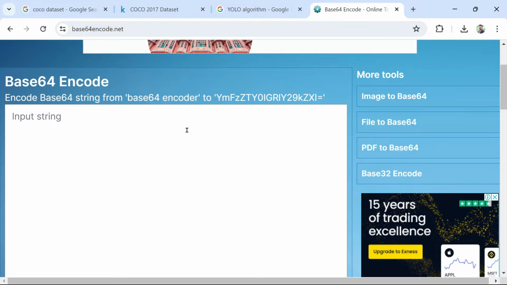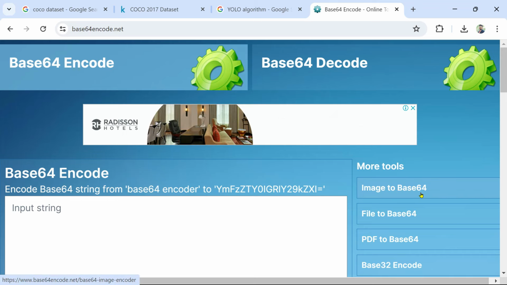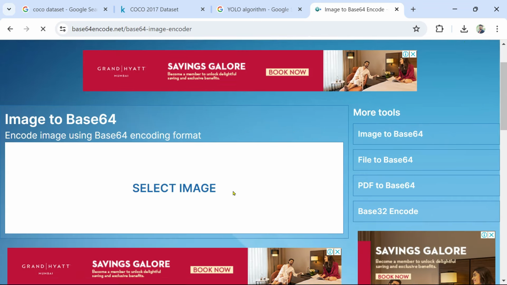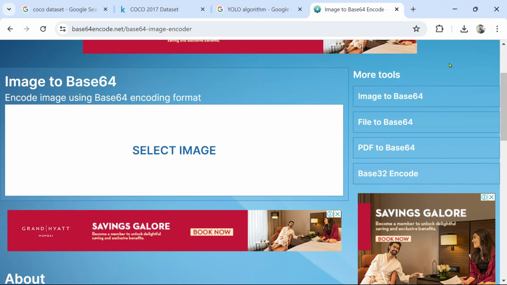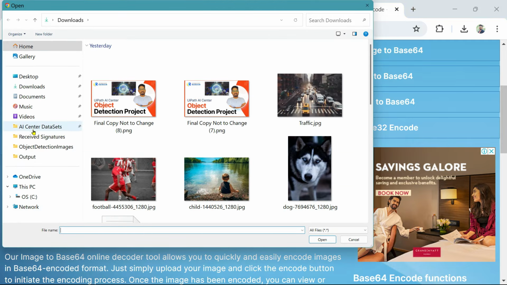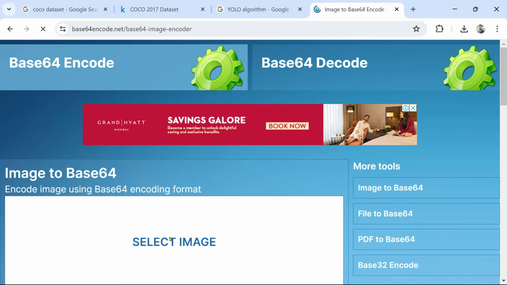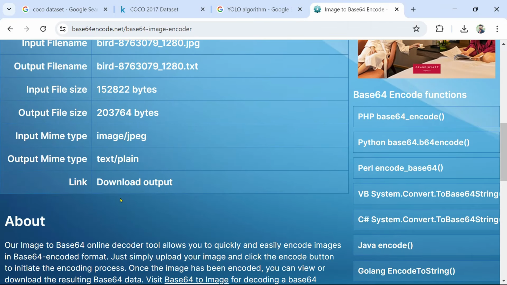In this one, there is an option on the right hand side called image to base64. So it can convert an entire image to a long string of text. Click on this and select an image. I am going to select the bird image at the moment. Okay. So now it has uploaded, and after it has uploaded, if you click on download output,